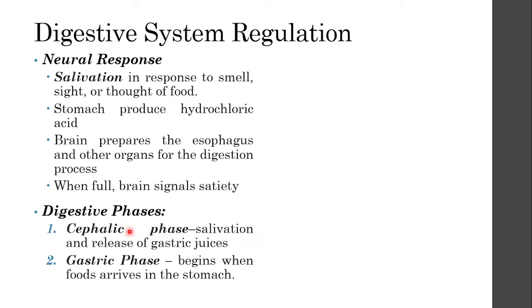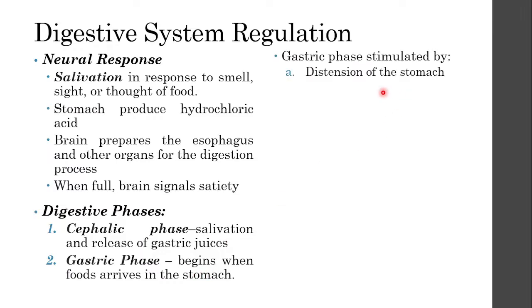And then we have the gastric phase, which is when the food is finally inside your stomach. In here, the gastric phase is stimulated by the distension of the stomach, meaning it starts to expand, and then there is a decrease in pH because when food enters the stomach, there is material in there, in the presence of undigested food. So the gastric phase is stimulated via both the neural and the hormonal parts of your body.